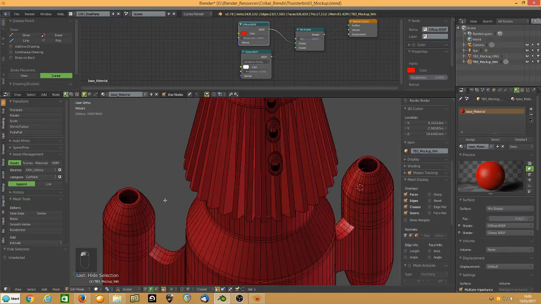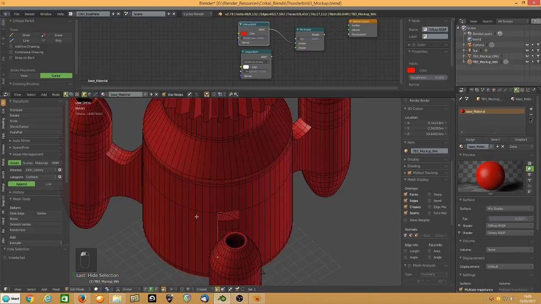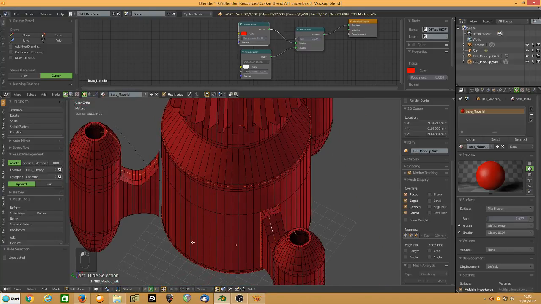And I will take these, mark them as a seam,